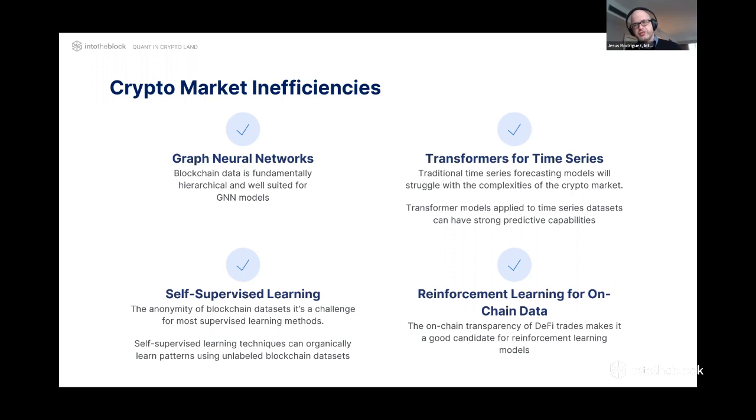Now computer vision seems to be the second domain in which transformers are displacing traditional models. And there are efforts to apply transformers to time series data as an alternative to traditional recurrent neural networks. And obviously the quant sector is at the forefront of a lot of this research, so there are a lot of interesting ideas there.